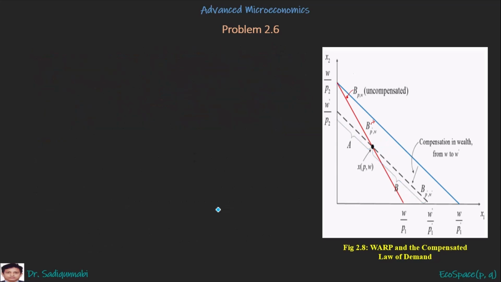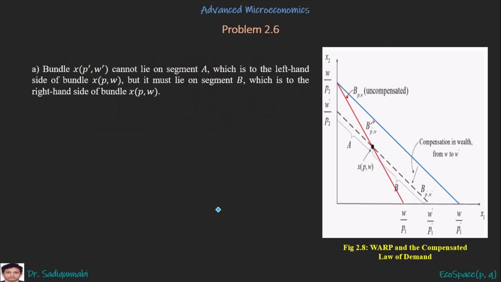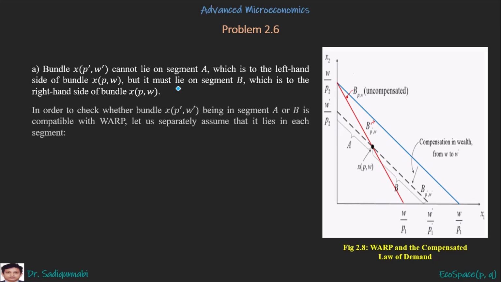So A says bundle x(p prime, w prime) cannot lie on A, but it must lie on segment B, which is to the right of the bundle. In order to check whether bundle x(p prime, w prime) being on segment A or B is compatible with WARP,